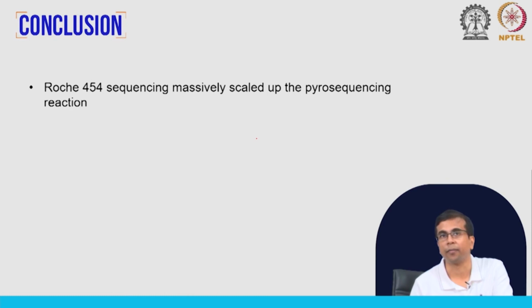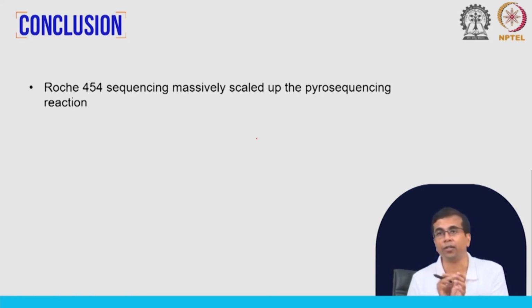To summarize, 454 sequencing massively scaled up the pyrosequencing reaction, as we have just discussed. This scale-up process involved on-bead amplifications. We start with DNA fragments and then do something called emulsion PCR in an oil emulsion. What you have is something like microreactors, and each microreactor contains one bead and one DNA